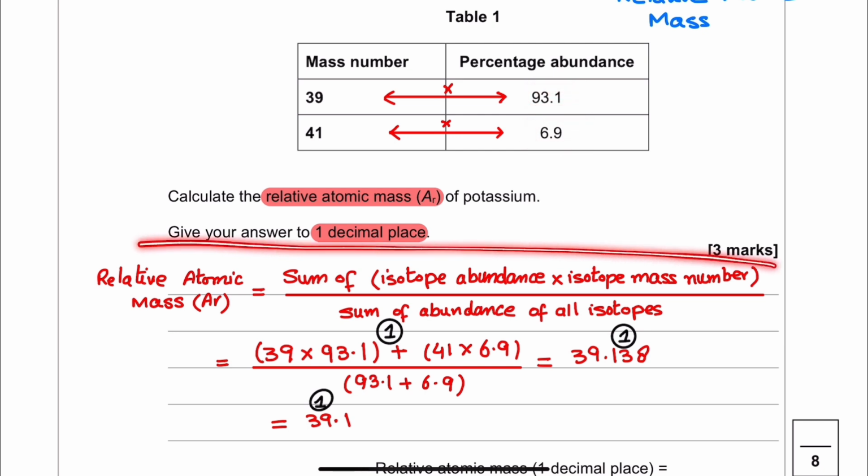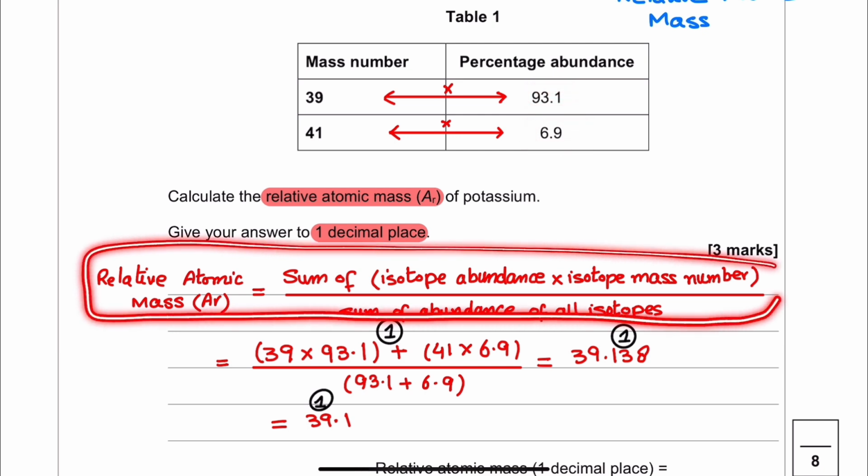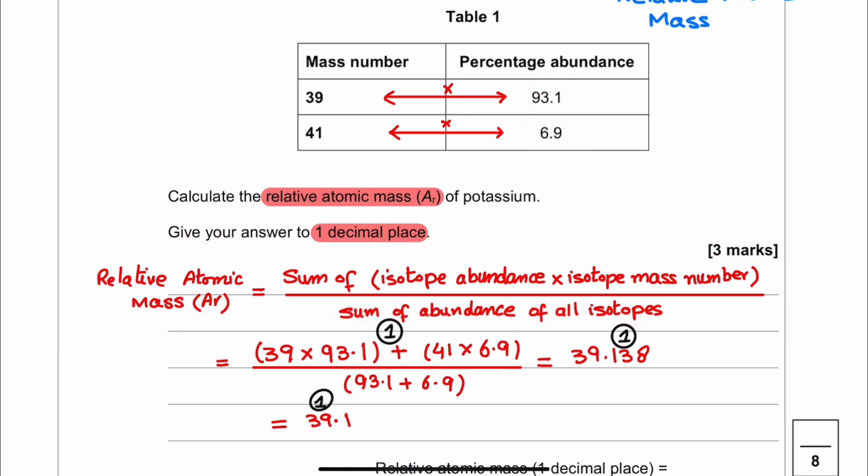Students need to remember this formula. This formula will not be given to the students in the real exam. So 39 multiplied by 93.1 plus 41 times 6.9, over the sum of the abundance. If you use a calculator, we will get the answer